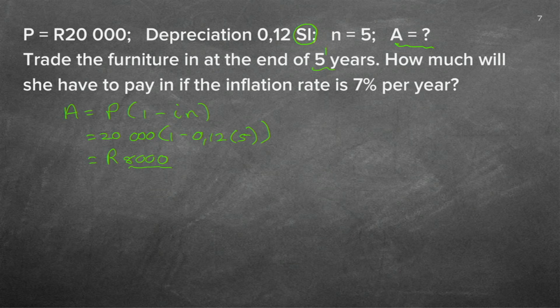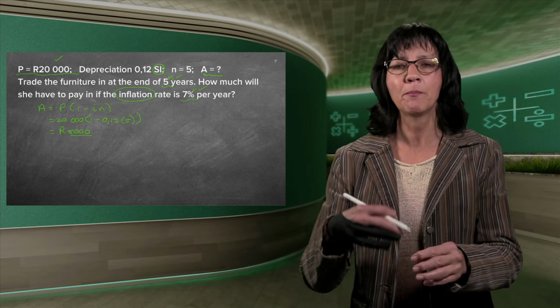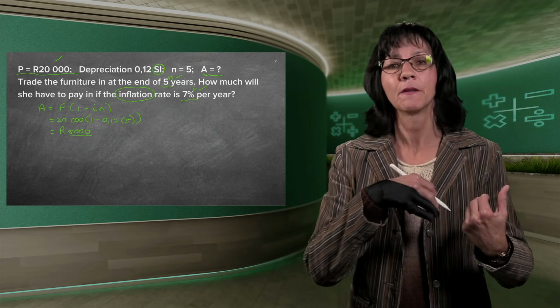So there's the N again. How much will she have to pay if the inflation rate is 7%? And there's my other piece of information. Let's just tick off 1, 2, 3. So there's my 3 pieces of information, but now let's make very sure what formula I must use. How much will she have to pay if the inflation rate is 7%? What is inflation rate again? It's that percentage that we don't like at all because next year we're going to pay more and more and more. And every year we pay more on the previous year's value.